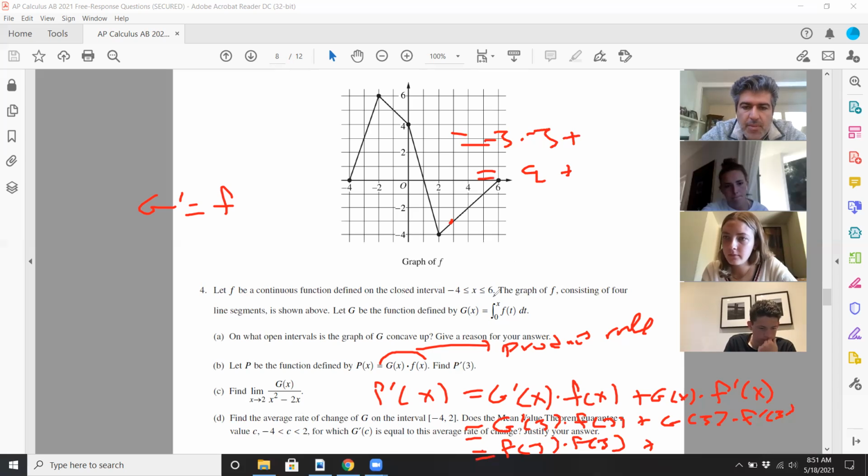G of 3 is actually going to be an integral. So that's the part where you have a little bit of fun. So you're going from 0 to 3. Now, fortunately, from 0 to 1 and 1 to 2, those will cancel out because those are triangles of the same dimensions. So you have this little trapezoid here, or you can break up the rectangle and a small little right triangle. And it's a negative area because it's below the x-axis. So the rectangles from 1 to 3